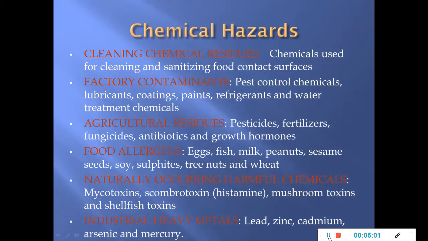The final category mainly includes the industrial heavy metals. They could be lead, zinc, cadmium, arsenic as well as mercury. Now where do these arise in the food? As I mentioned earlier,